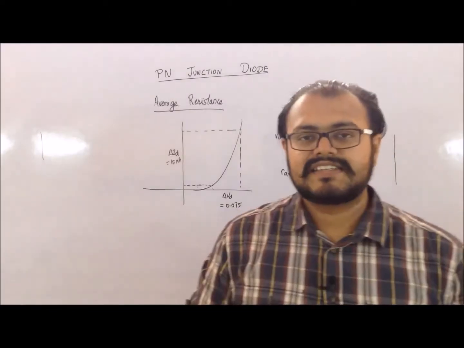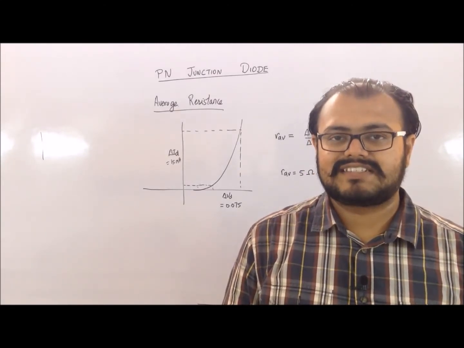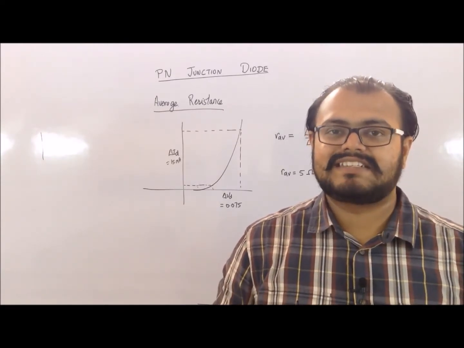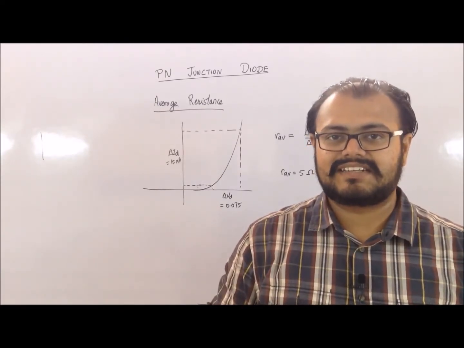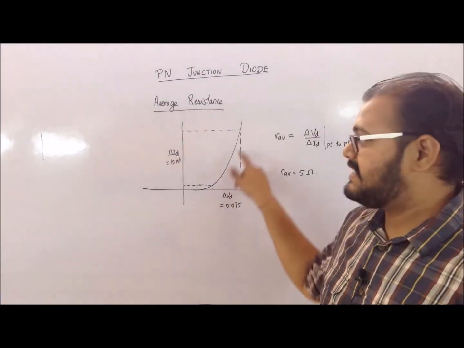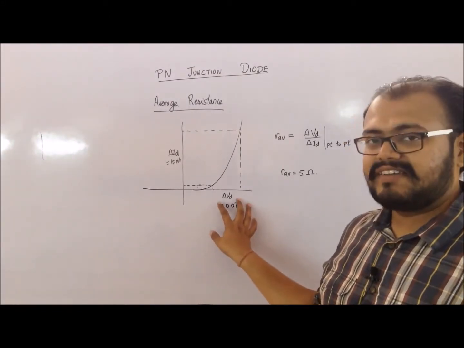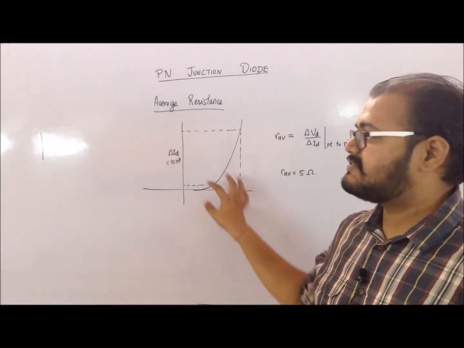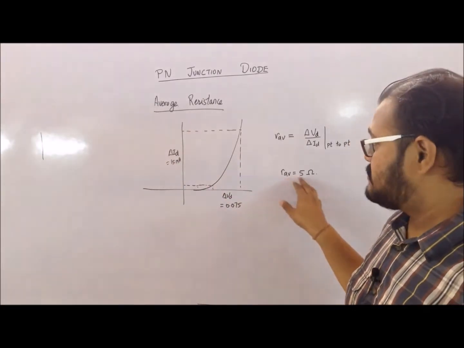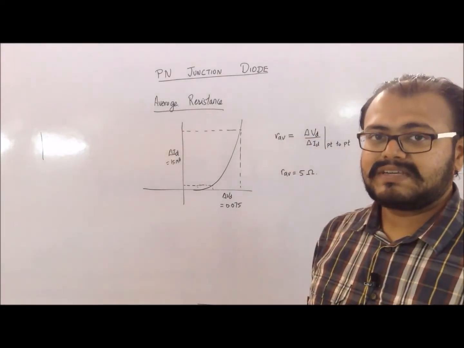So these resistances have to be incorporated for detailed results to calculate the resistance of a PN junction diode. The third type of resistance which is defined for a PN junction diode is my average resistance. Now, as the name suggests, average means we are averaging out the resistance which is present at different points. So while calculating my average resistance, I can consider any 2 points on my characteristics and find their delta Vd, that is change in the voltage, for the corresponding change in my current. The average resistance then will be given by the ratio of my change in voltage upon my change in current.